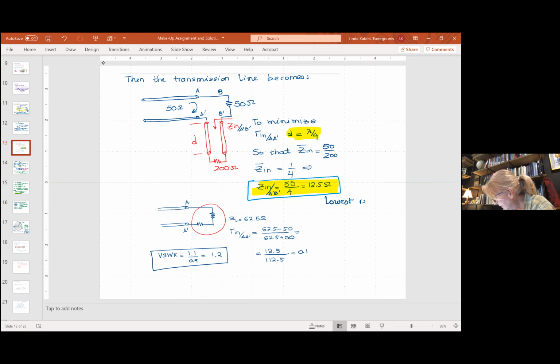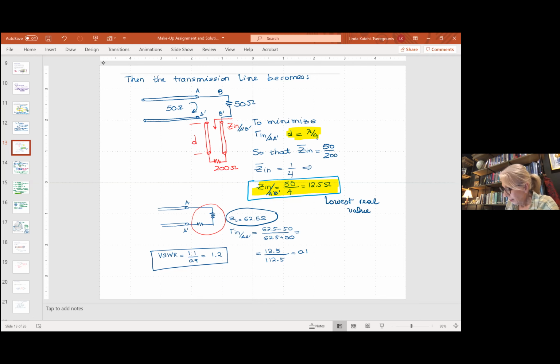real value, which in fact, if you use the Smith chart, and then you write your load of 200, normalized 200 ohms, which is 4, and then write the constant VSWR circle. Then you're going to find that the lowest real value for Z input at A prime, B prime is 12.5 ohms. And if you use this value here,